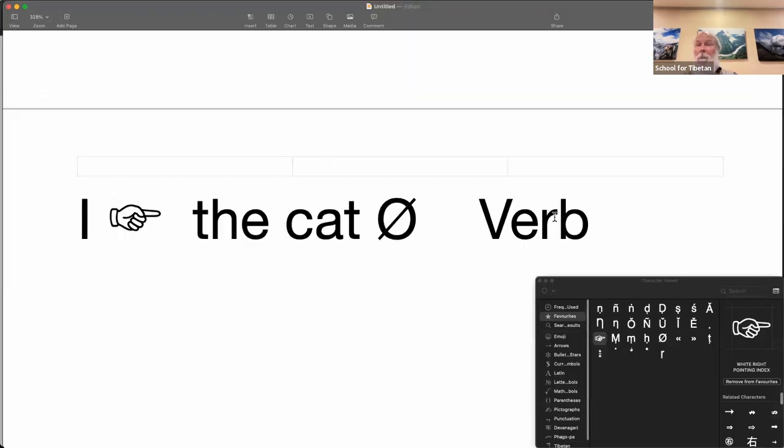So, because the verb is the last element. In German, for example, the verb is at the end. In Latin, the verb is at the end. That happens in a few languages. So you see,